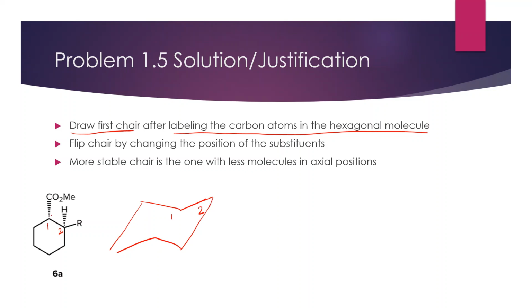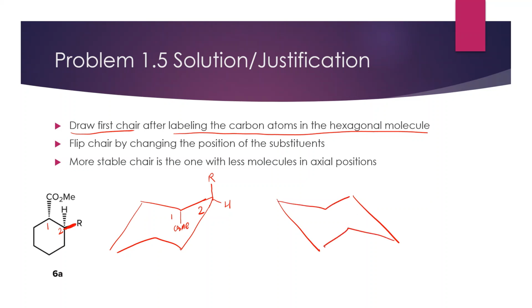Now, since CO2Me is on a dash, meaning it's going into the screen, it is going downward in relation to the molecule. And here, equatorial would be up, axial would be down, which means we draw CO2Me downward in the axial position. The H is in a dash position, meaning that this R is in a wedge position. And so for the H here, upward would be axial, downward, which is what the H is since it's in a dash, would be equatorial, which leaves this R, since it is axial and needs to point out of the screen, needing to point up. Now we flip the chair,